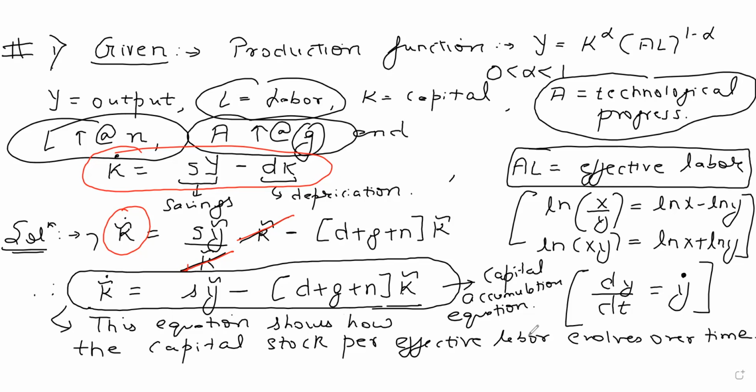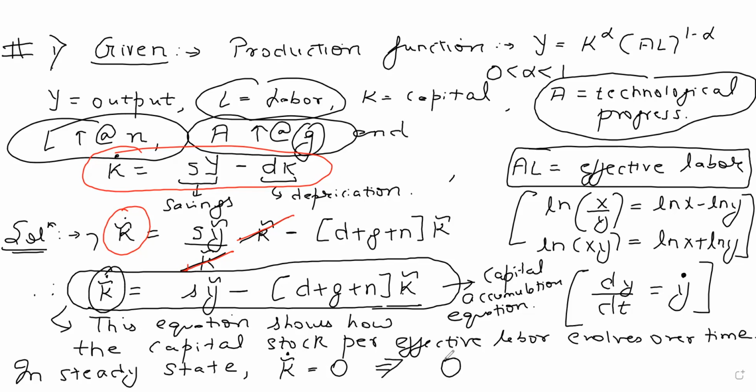Okay, now in the steady state, what should happen? In the steady state, I can say that k tilde dot should exactly be equal to 0, because there should be no change in the capital stock per effective labor in the steady state. So this implies that